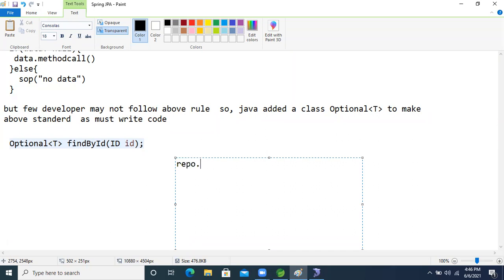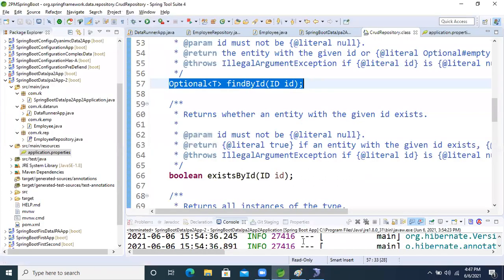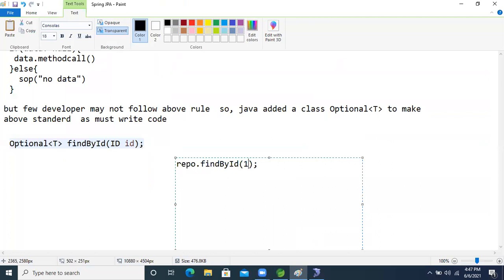So what I'm going to do now: come here in the database, right? These records are there. Using Optional findById, copy this one, come here. This is the method, right? We will call repo.findById. Record 101 is there, and I'm passing 101 here. It will return Optional.